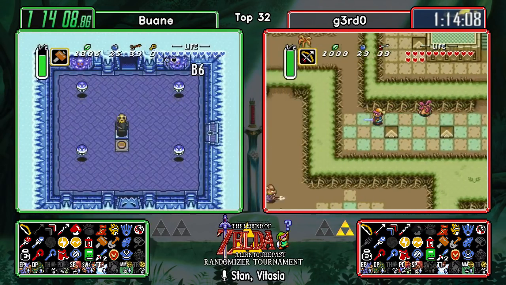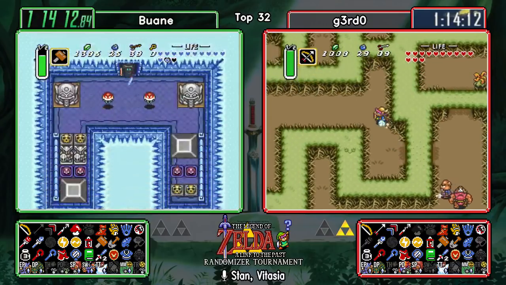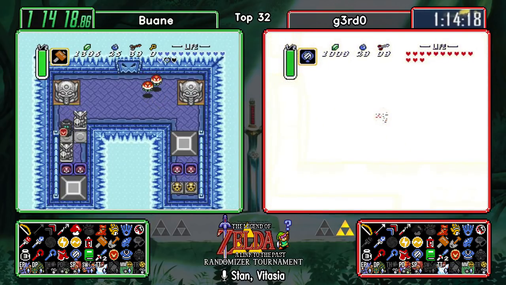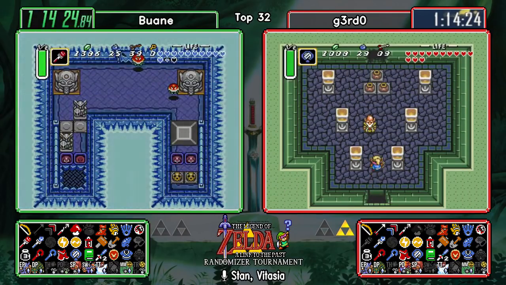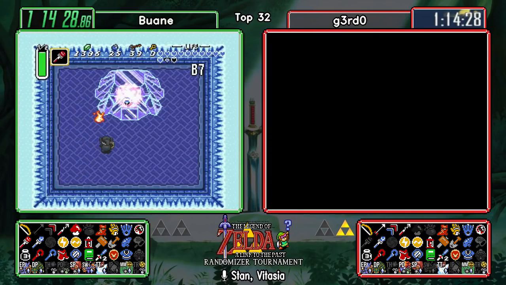So g3rd0 does not find anything of value, although, I mean, he finds silvers, which are nice. Not what he's looking for, but he's going to go ahead and turn in this green pendant over here to Sahasrahla directly. Meanwhile, Buane is on his final crystal boss, Kholdstare. This should be relatively easy, and Sahasrahla says,